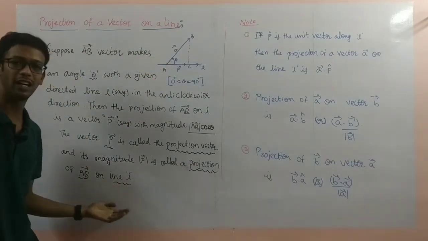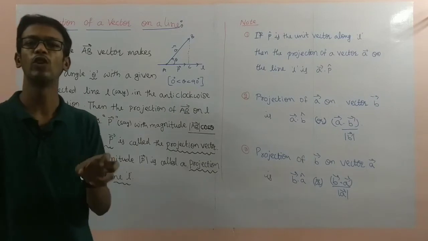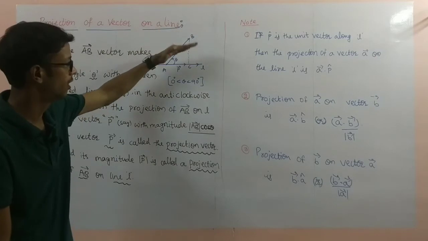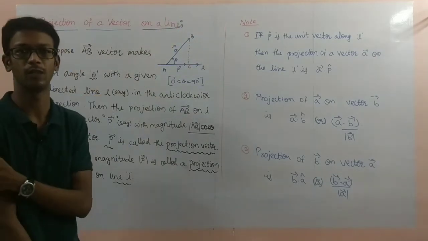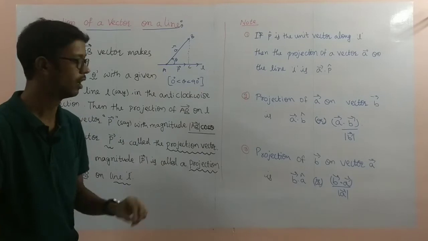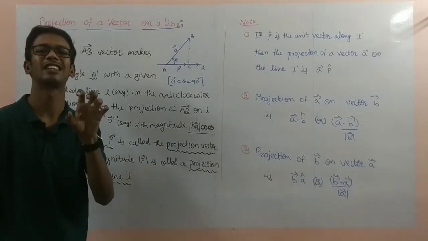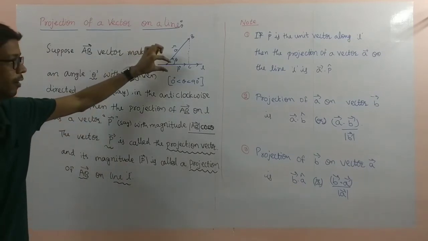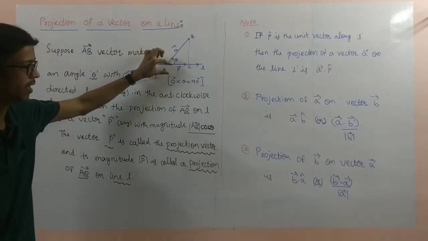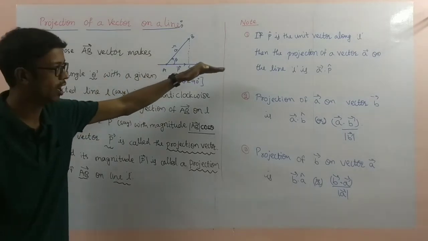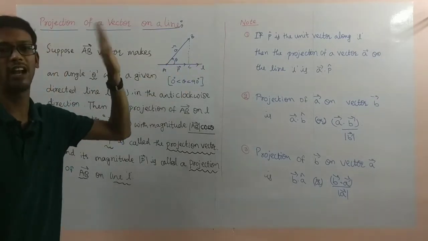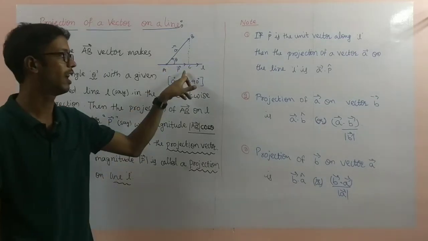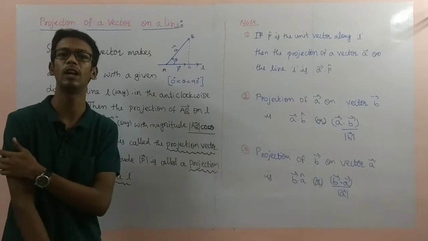So by this we can understand that the projection is nothing but one value. The projection is nothing but a value. The amount of rotation here is theta. The projection is one scalar or one number you will get here. And the projection vector P bar is in the same direction of the line L or in the opposite direction of line L. Based upon the theta value, the cos theta value, the direction will depend.